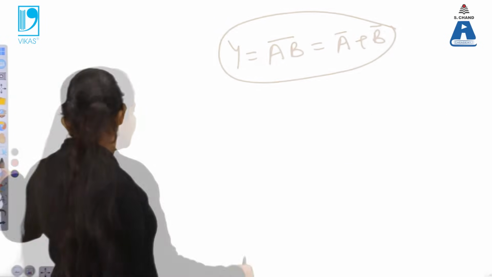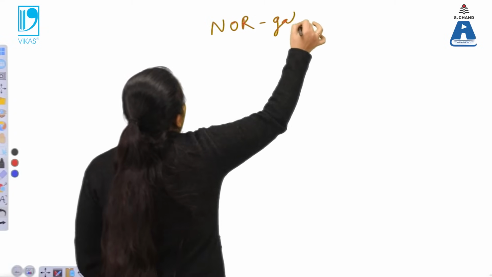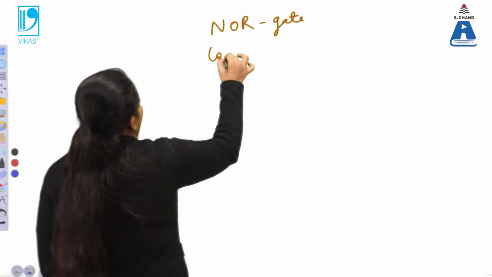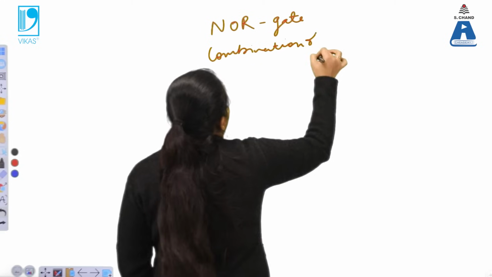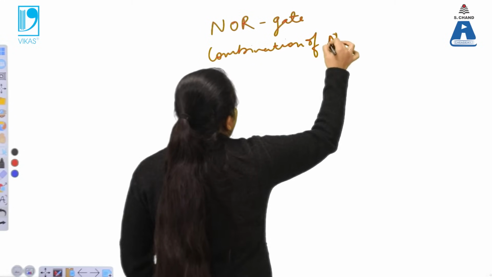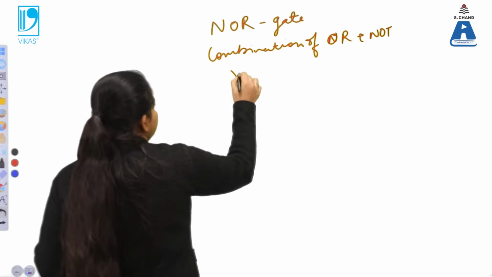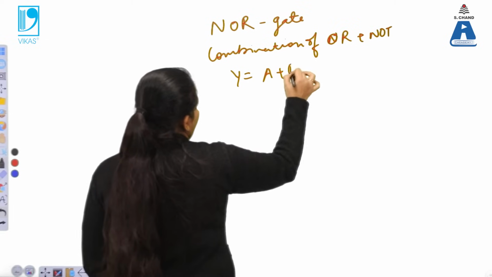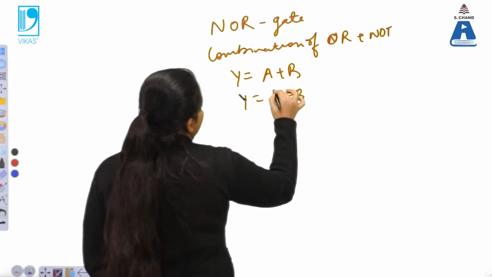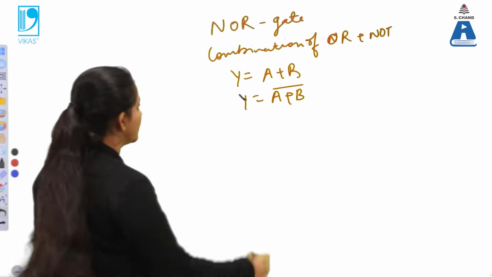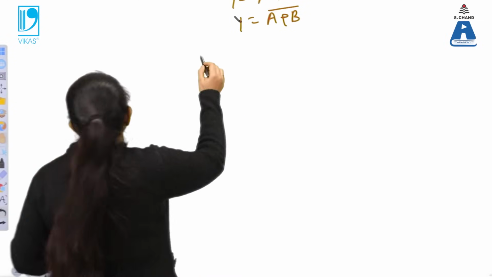Now the NOR gate is written as a combination of an OR gate plus a NOT gate. This is the OR gate, and for the NOT gate, it is this one. So now plot the truth table for this. Now the truth table for this can be written as,